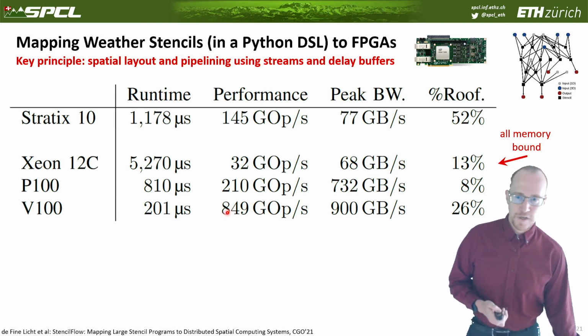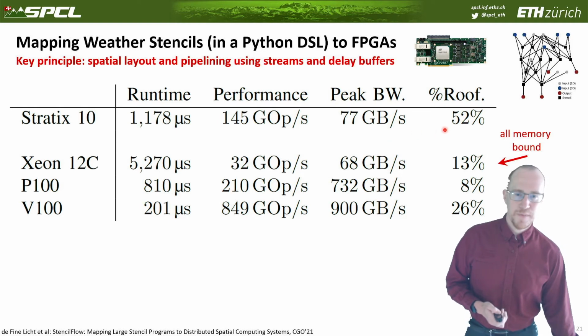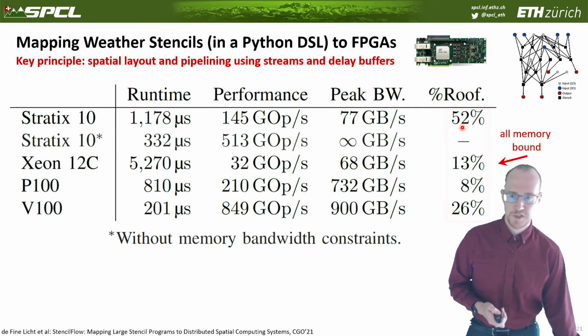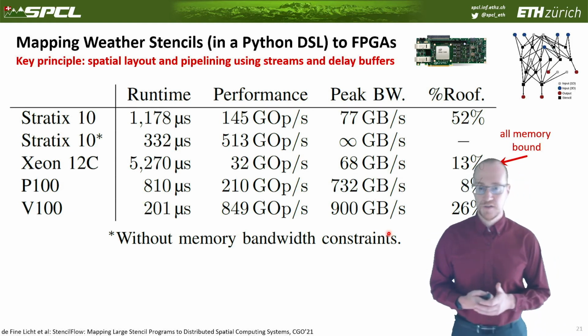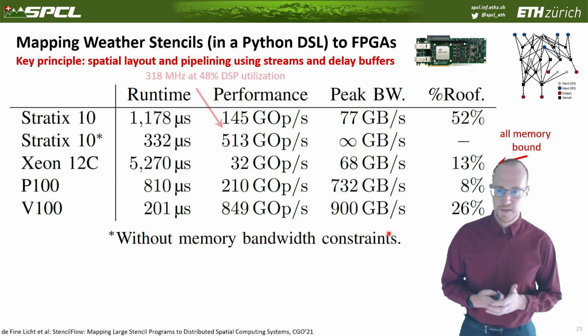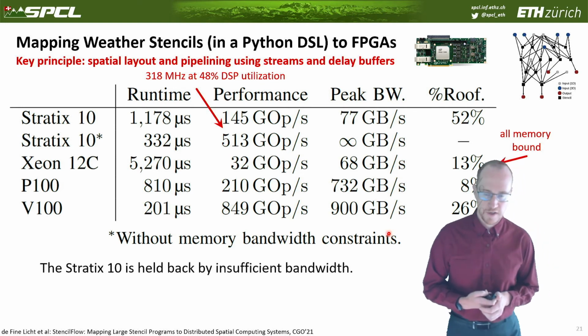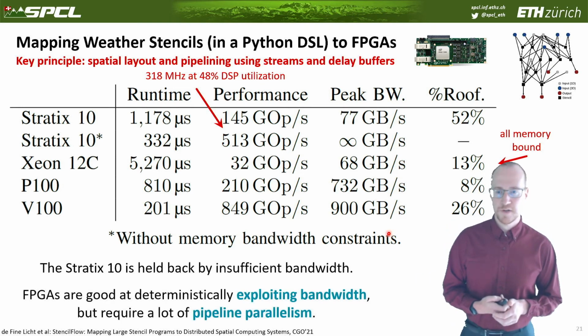We see we are actually slightly slower, but mainly because all these codes are memory bound and the FPGA has a really bad memory subsystem. At least it had at the time. Now we have HBM FPGAs. If we run the Stratix 10, assuming we have infinite memory bandwidth, so just reading trash data, we can achieve a higher performance than a P100 and actually relatively close to a V100, which is about the same generation in terms of silicon process. We see that we get an extremely high utilization, 48% DSP and 300 megahertz. That's actually quite good for this particular FPGA. But unfortunately, it's suffering from insufficient bandwidth.